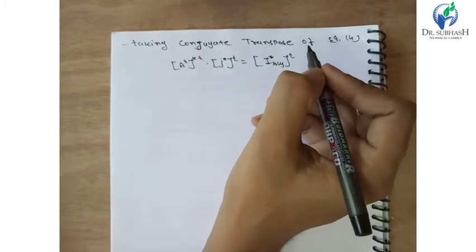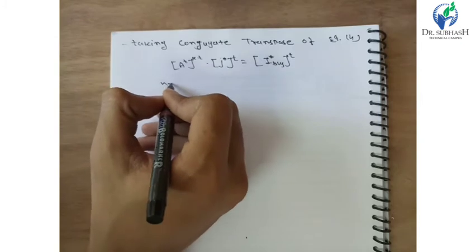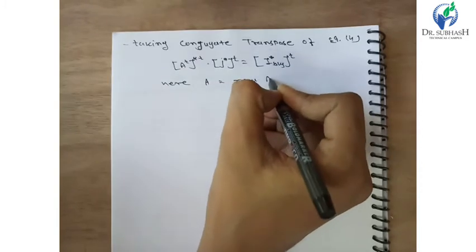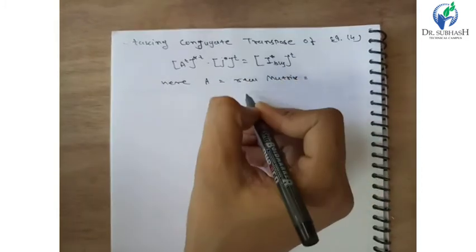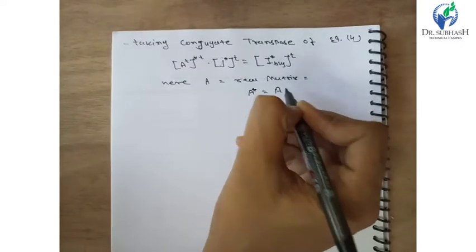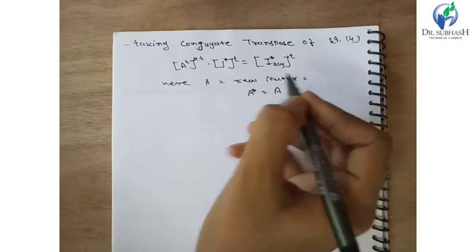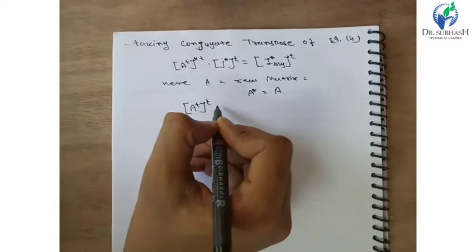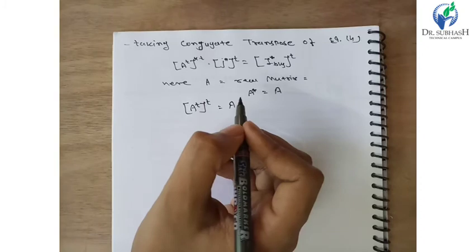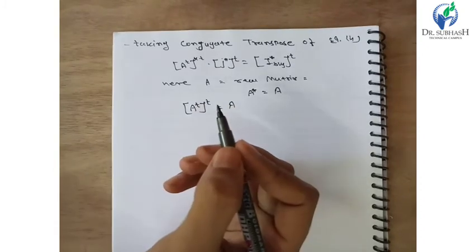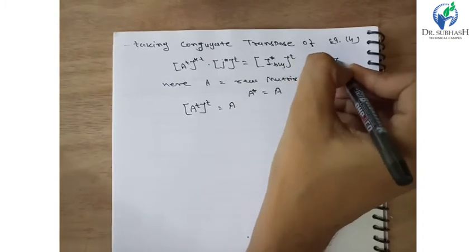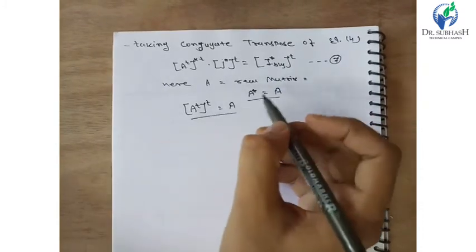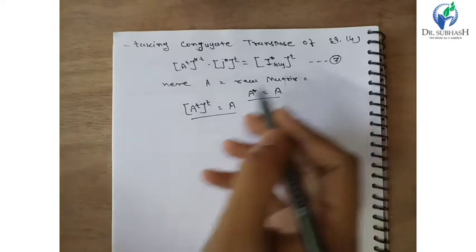Here A is a real matrix, so the value of A star is equal to A. And from a matrix property, we know that A^T into T is equal to A. So applying these two conditions in the equation number 7, here it is equation number 7, condition number 1 and condition number 2 in equation number 7, we write here